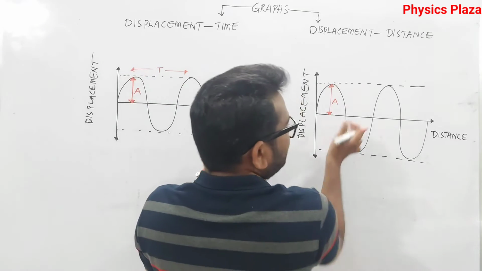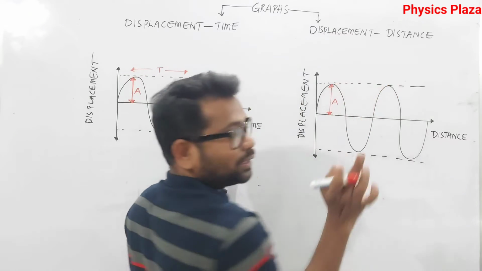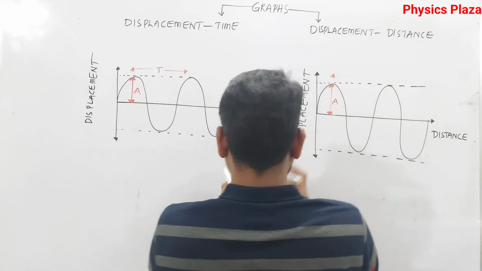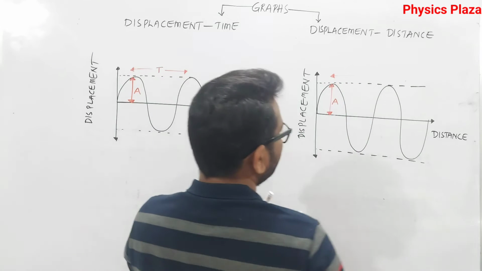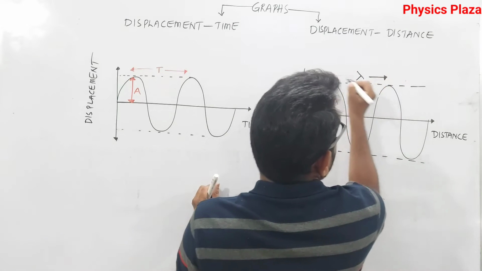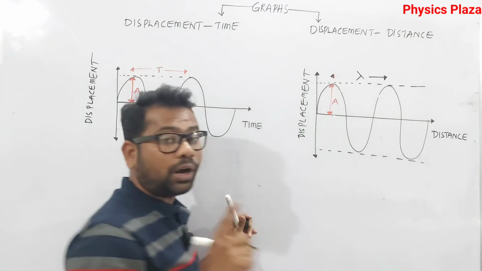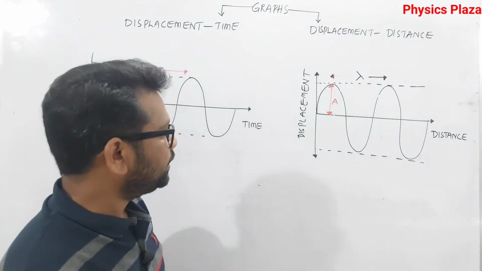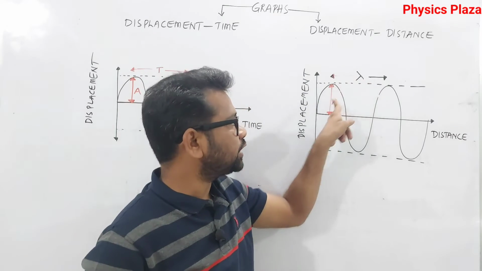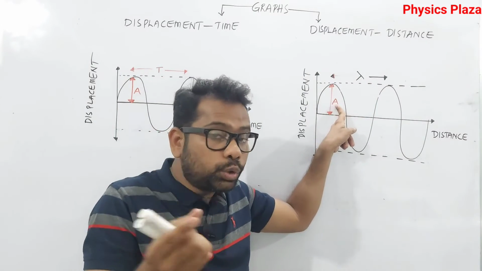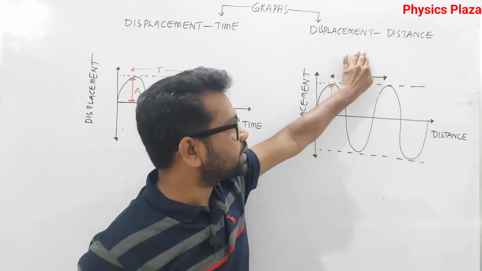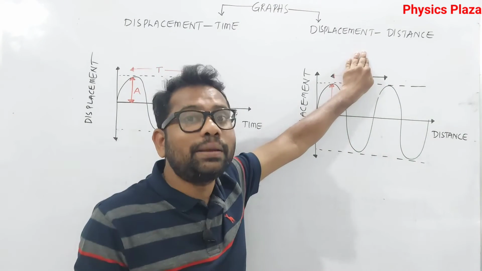But whereas here, this distance is not the time period. This distance is the wavelength, children, very, very important. This is where some students are getting confused. So you should see how the question will be given in the examination. They will give you a displacement time or distance graph. Here some letter P is given, here letter Q is given. They will ask you to identify the letters P and Q and define. If Q is given, you can't say that it is a time period.